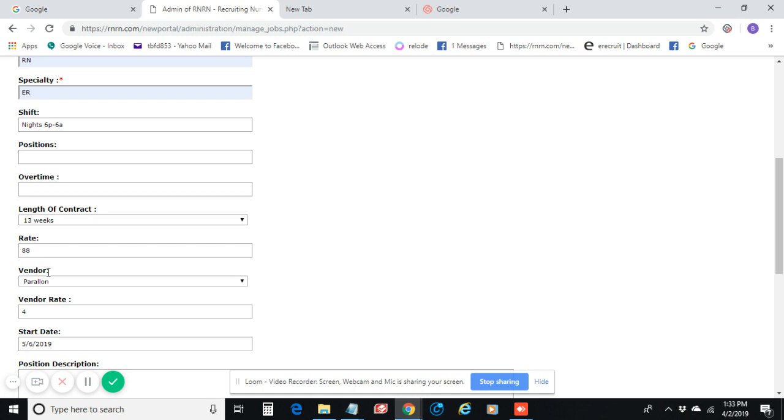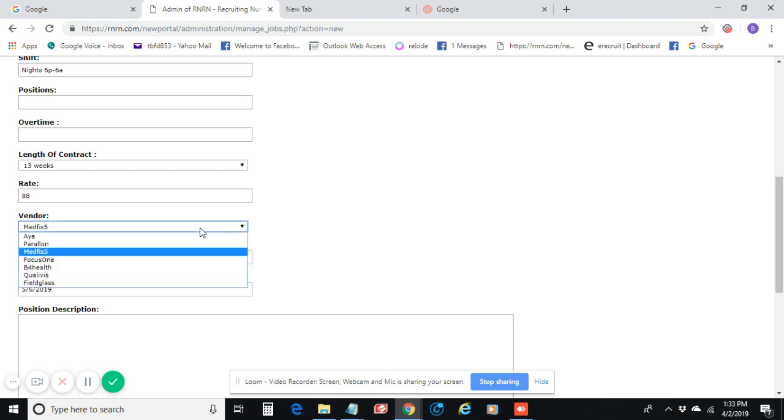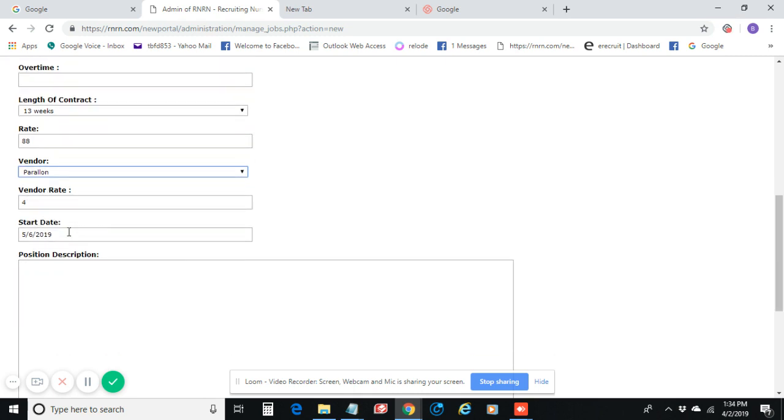We validate it's Parallon, and the vendor rate should drop down from whatever you put it down. So if it was Medifis, 5, should be 5. IS should be 3. You type in IS, it should remember 3. But in this case again, it's 4%. We put the start date,